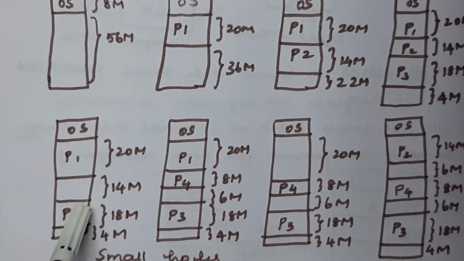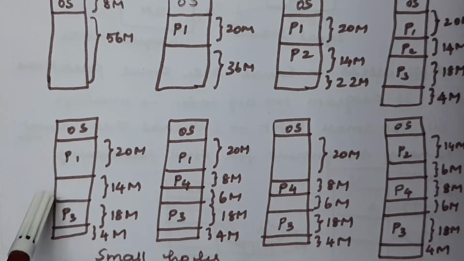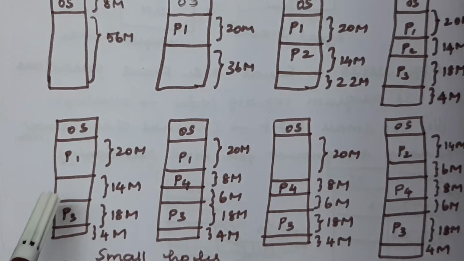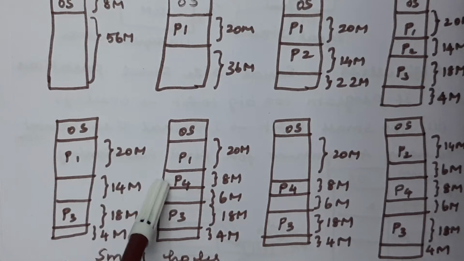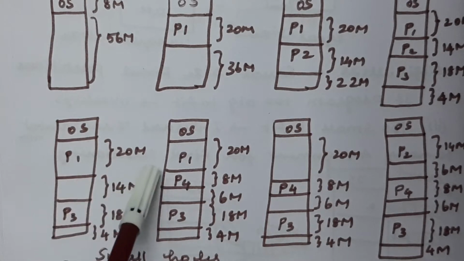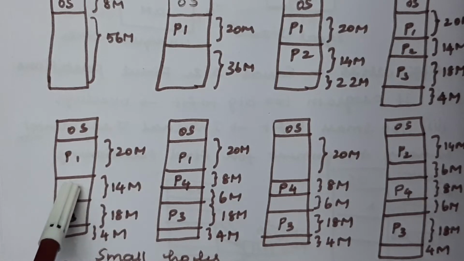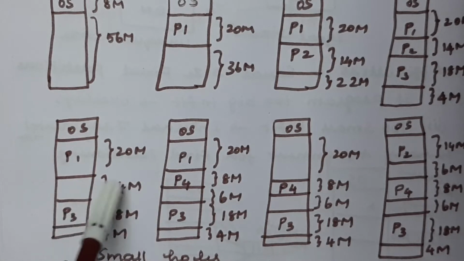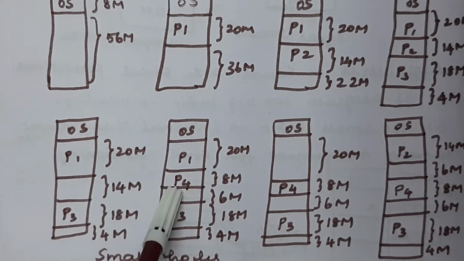Here we need to check which process to swap out, and taking that decision is again up to the operating system. It checks whether any of the processes are not in the ready or running state. If a process is not in ready or running state, that process is swapped out of the memory, and the new process can be swapped in. So P2 is not in ready or running state, so we swap out P2 and swap in the P4 process.